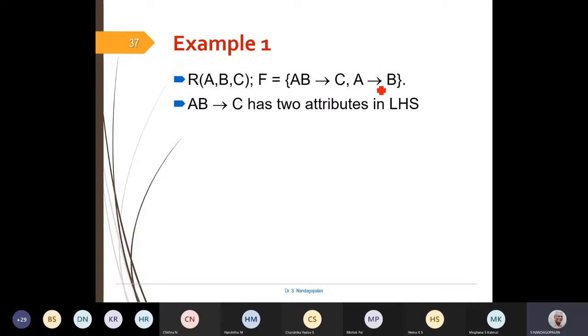See, this FD we don't need because there is only one attribute on the left hand side. So always consider FDs where you have more than one attribute on the left hand side. So the first FD has more than one attribute, A and B. And so